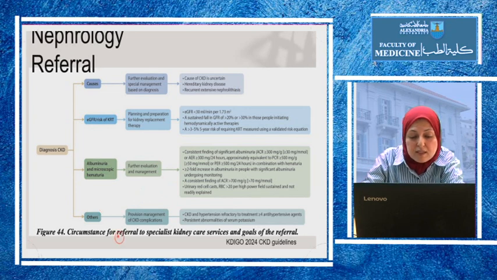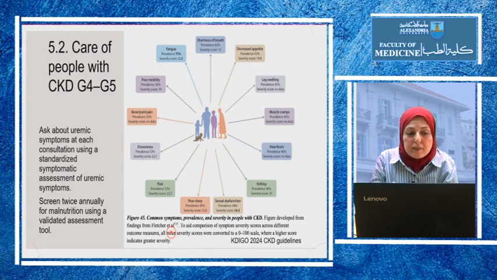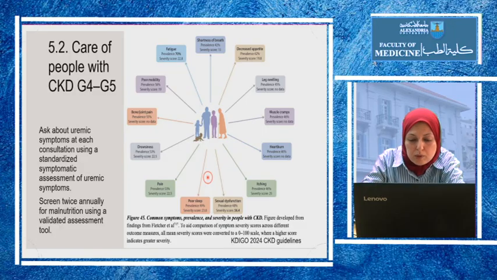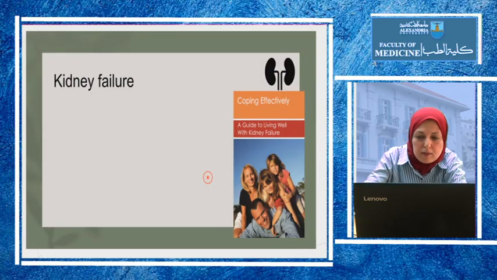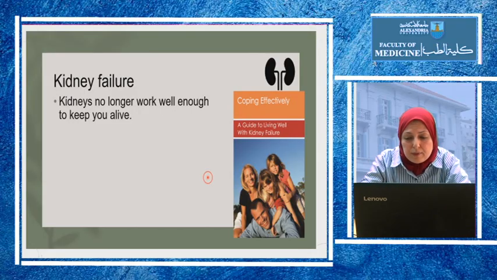And others, if the patient has chronic kidney disease complications like hypertension refractory to treatment, hyperkalemia, anemia, or CKD-MBD, they should also be referred to nephrologists. Patients with stages 4 and 5 start having multiple uremic symptoms, and those should be addressed and treated to ameliorate their effects on his life. Once the patient reaches stage 5 or even late stage 4, he should be educated that he has neared or reached a stage of kidney failure.